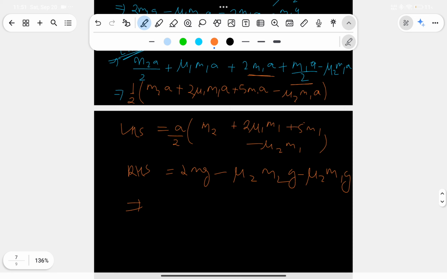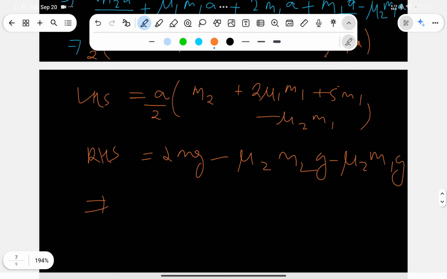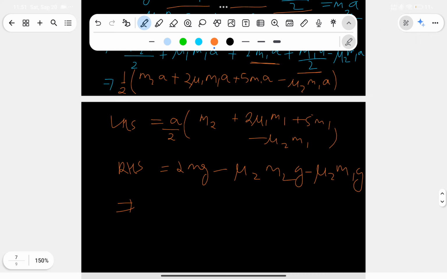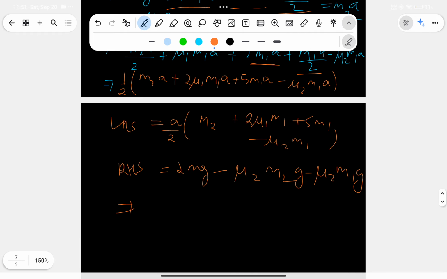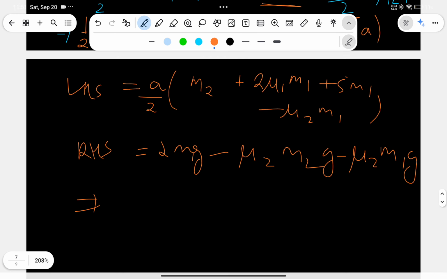Okay, so basically here we have one more thing. So here we have to actually simplify it. This was m1. Alright, no worries, we'll simplify it,